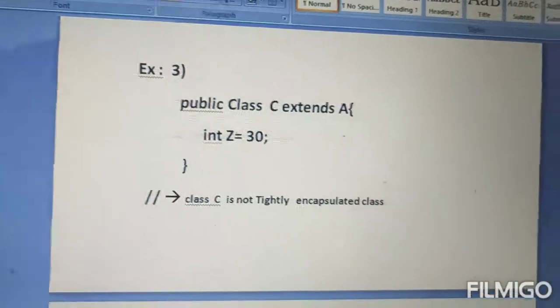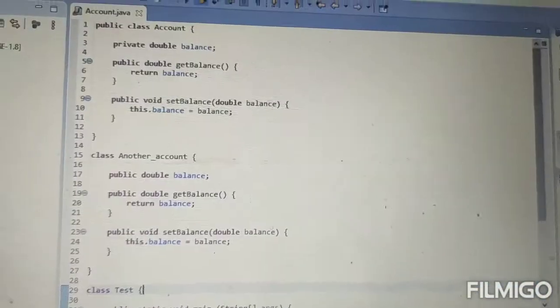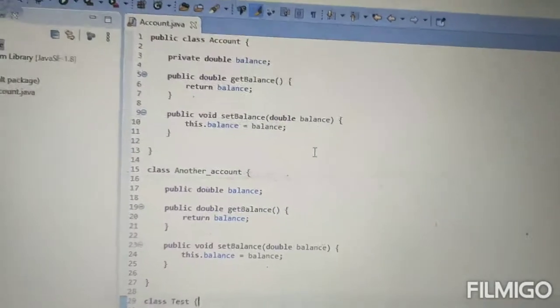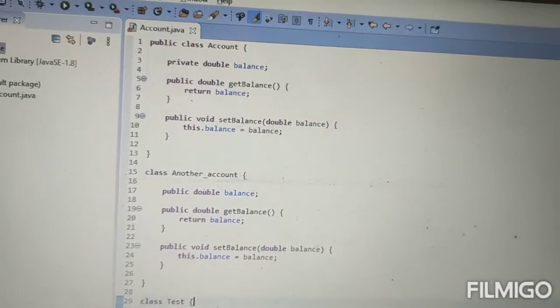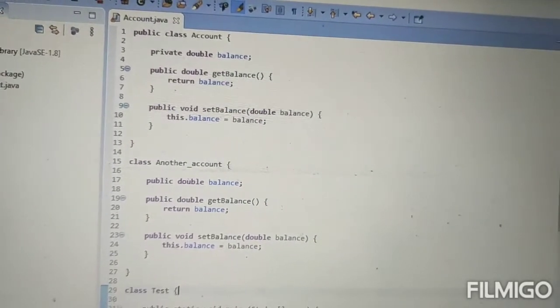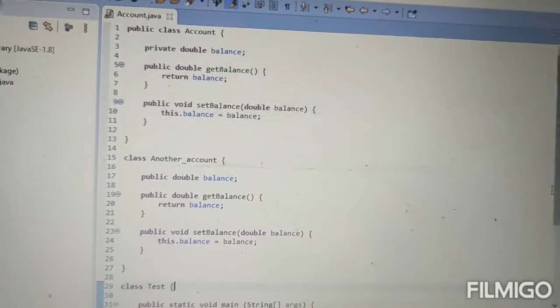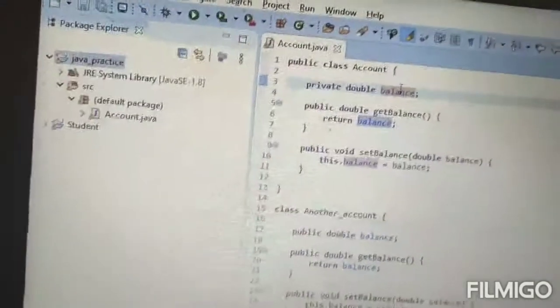Okay guys, now I will show you the practical implementation of the topics we talked about: data hiding, encapsulation, abstraction. I will show you these concepts through Java programs.